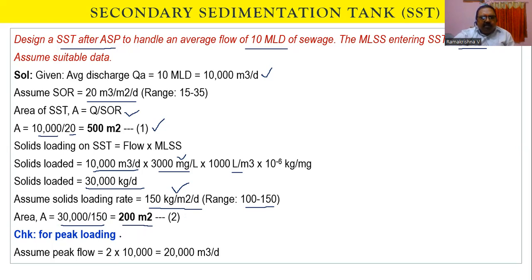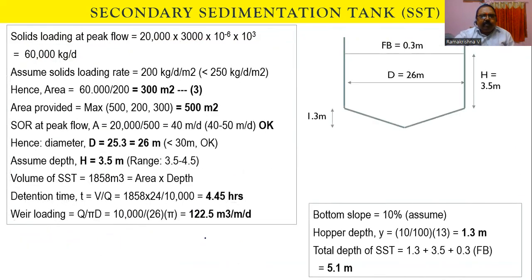Now we should also check for peak loading. Peak loading normally will be around 2 to 3 times the wastewater flows. So I'm assuming a peak loading rate of 2. So 2 into 10,000, 20,000 meter cube per day is the peak flow. So the solids loading at peak flow will be